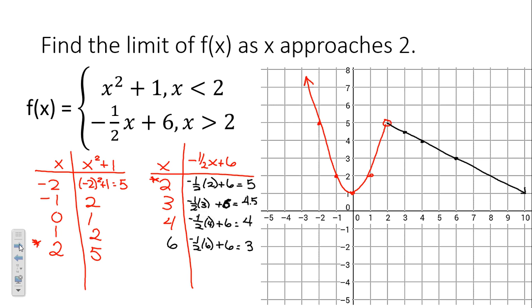So let's talk about limits. The limit as x goes to 2 from the left of f of x is what? Good, because as x is approaching 2, we want to know what value of y it is approaching. It's 5. The limit as x goes to 2 from the right of f of x is